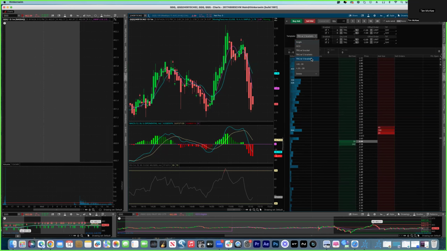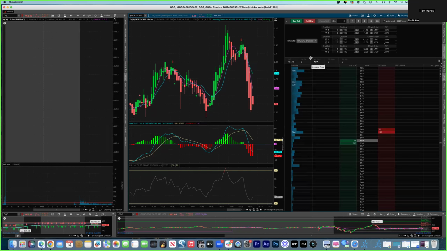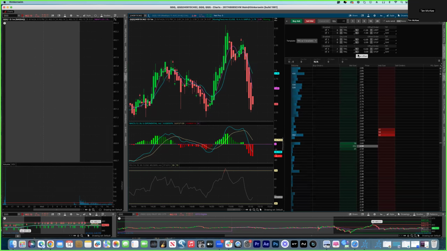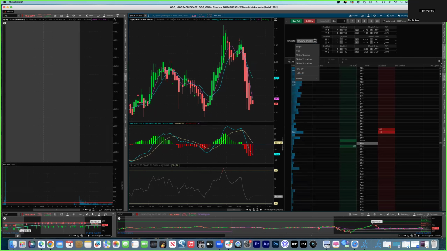You can also make a trigger with three brackets, so you can give it individual limits and stops. You can give it three different levels of limits and stops. Pretty cool. So in order to recall that template, we're going to